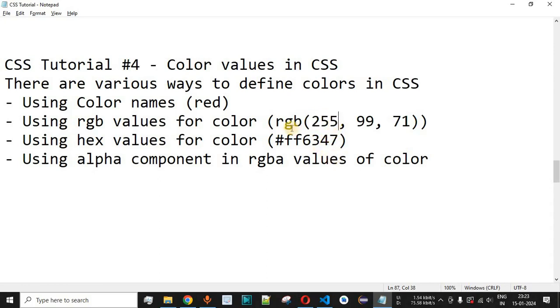Now 0 means no red component is present, and 255 means the entire red component is present inside this particular color. The same values are applicable for green and blue as well. So guys, RGB stands for red, green and blue, which will have their own components based on our requirements that we can define.